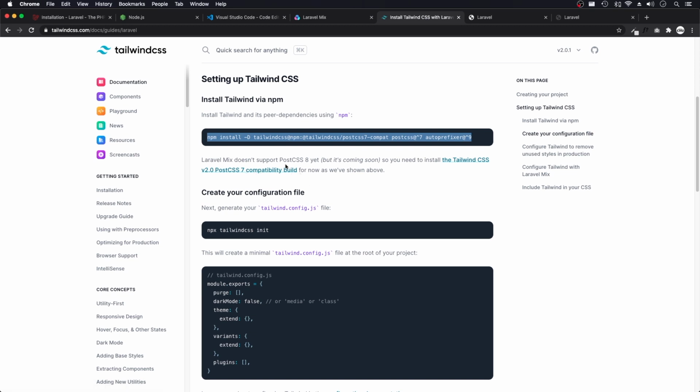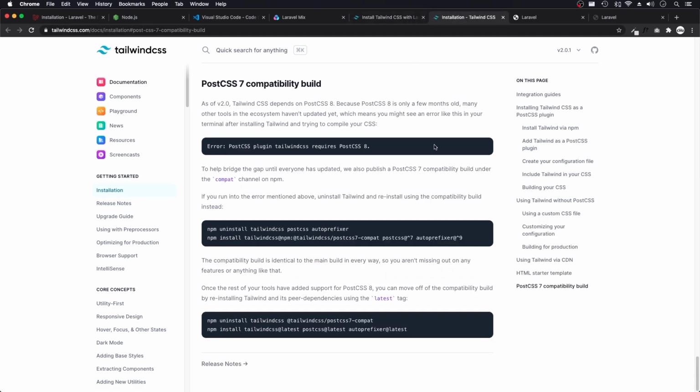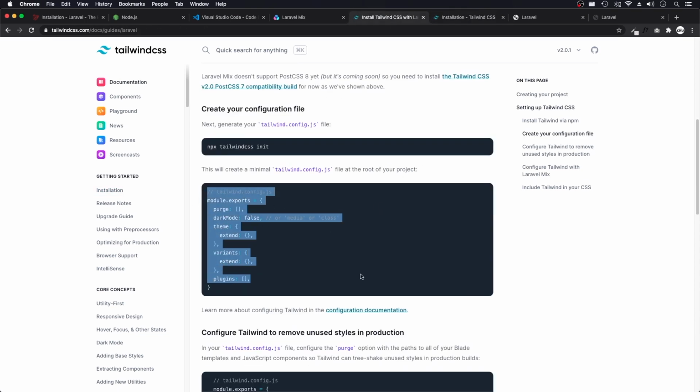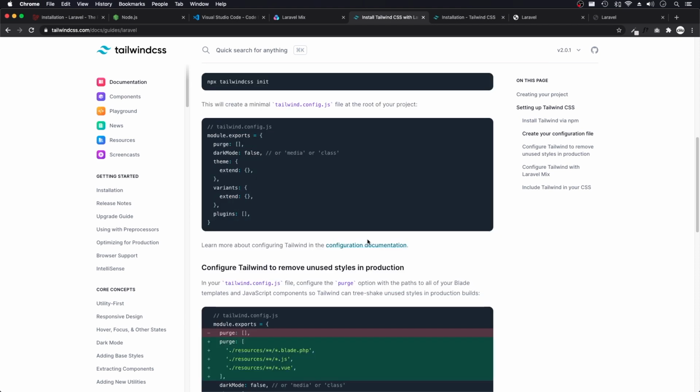And in the future, if PostCSS 8 gets updated on these frameworks, you can go and uninstall the compatibility build and reinstall it through the normal Tailwind install. We created and set up our Tailwind config, and we used the